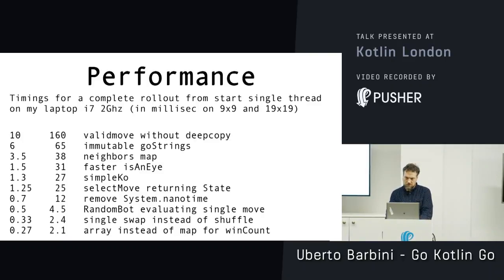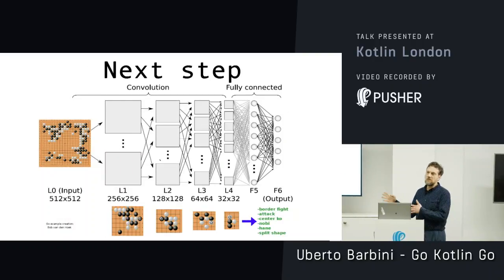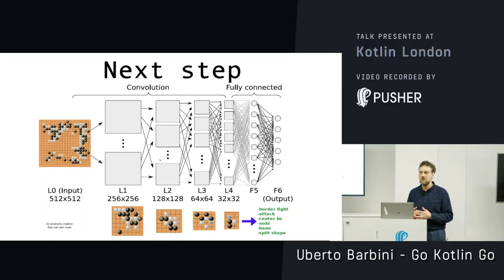I can show you some code. Well, let's talk about the next step. At the moment, the algorithm is pretty good. It's already able to connect with the client, so you can play with it with a decent graphic. The numbers that we saw were for a single core, a single thread. Now I'm working on taking advantage of full multithreading. That is a bit difficult, but Kotlin helps with coroutines and actors. The code is really nice.